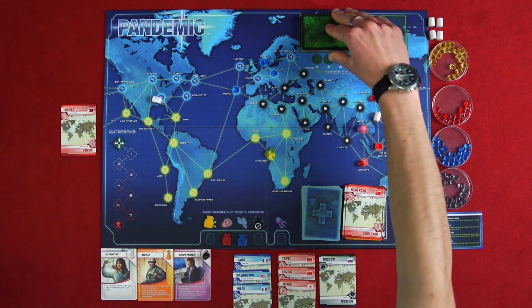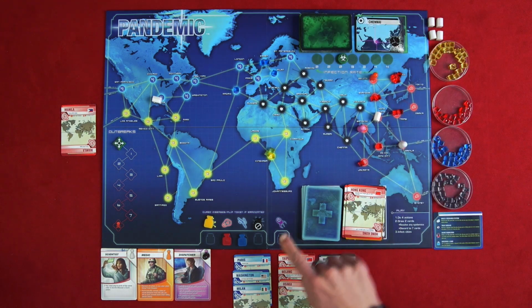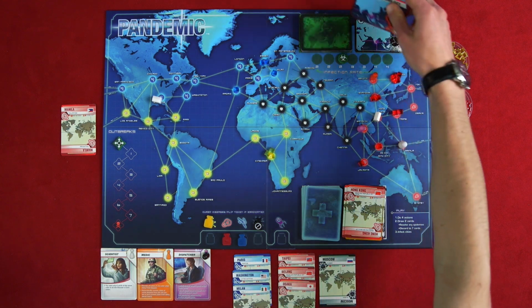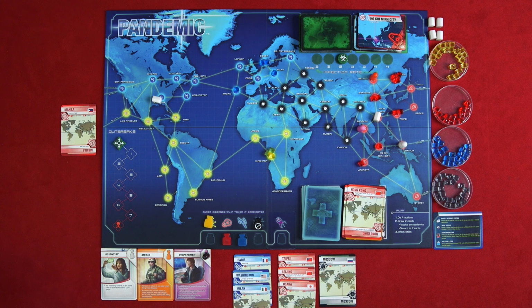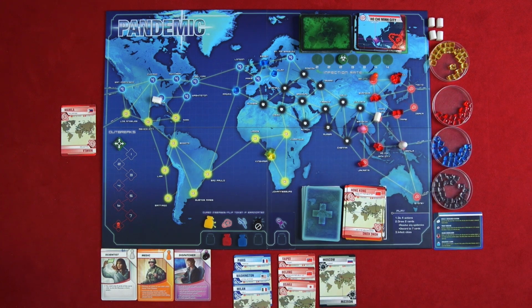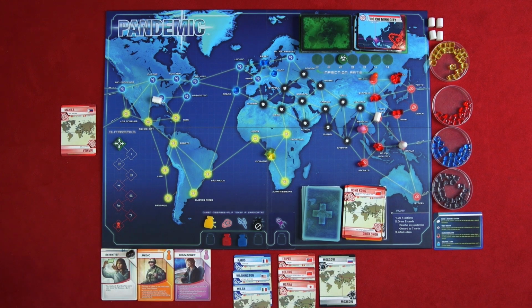We now infect 2 cities. We infect Chennai, but remember, we eradicated the black disease. And we infect Ho Chi Minh City. Not so good. Now it is the scientist's turn. Move that little pawn over to there. We are going to